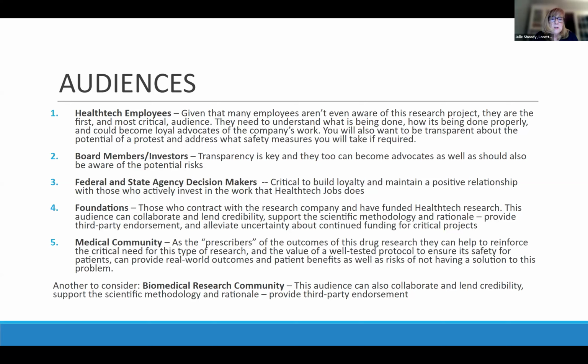I also cited the medical community here. They're prescribers of the outcomes of this kind of research. They can help to reinforce the critical need and the value of well-tested protocol to ensure its safety for patients and can provide real-world outcomes on the patient benefits, as well as the risk of not having a solution to this problem. I also indicated here that we could also look at other peer companies to help support this work as well